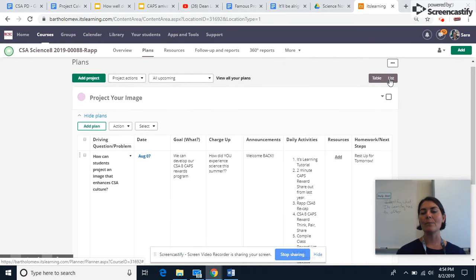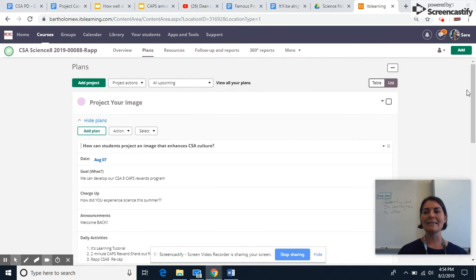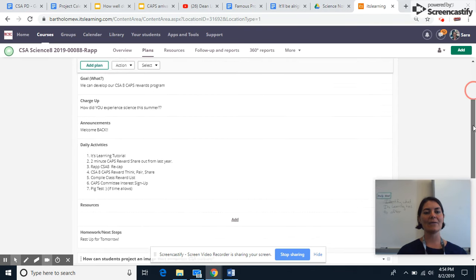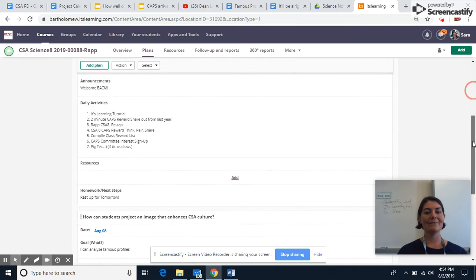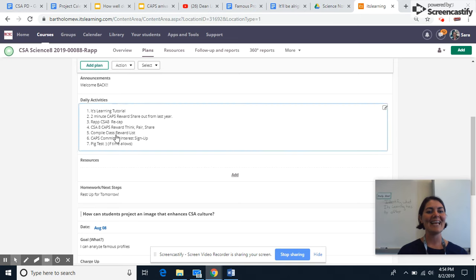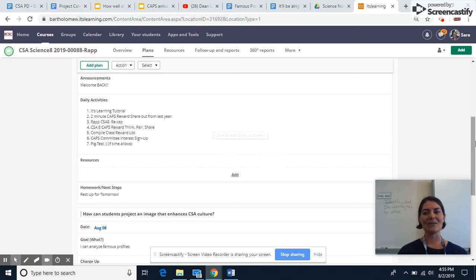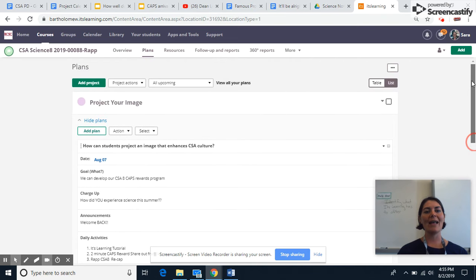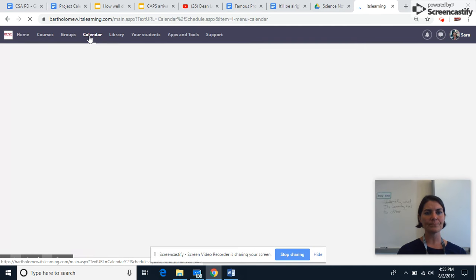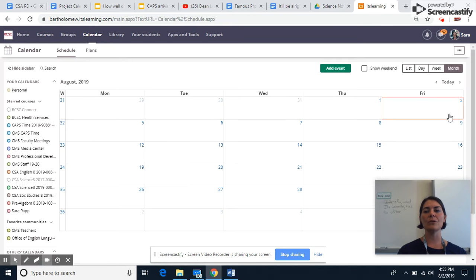If I click list, I can see this kind of in a list format, and you can see that the daily activities is more laid out, easier to read. And you can get to the plans per class inside of our courses through the plans tab, or your other option is to go to the calendar and you can go to plans in the calendar